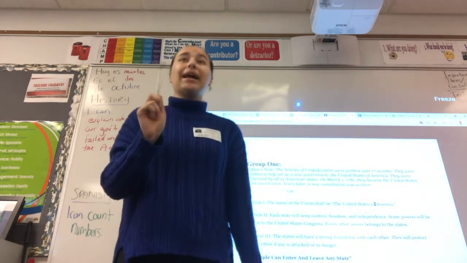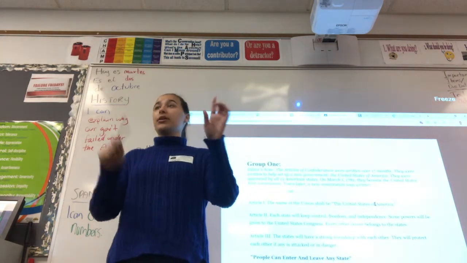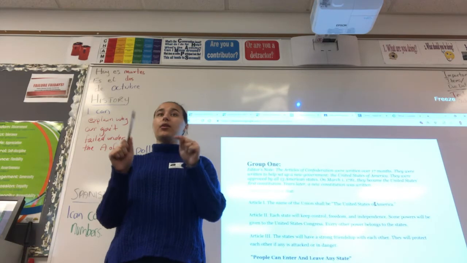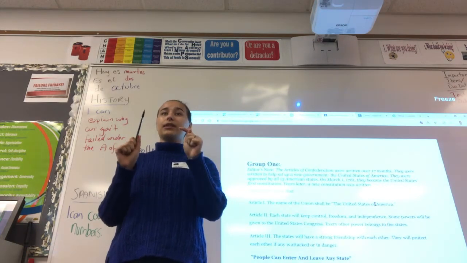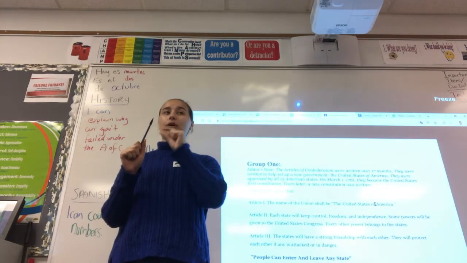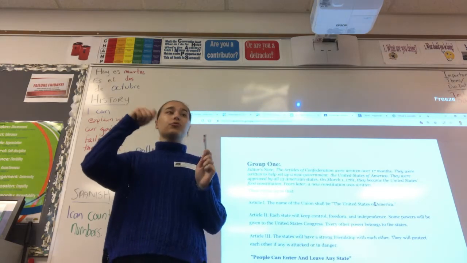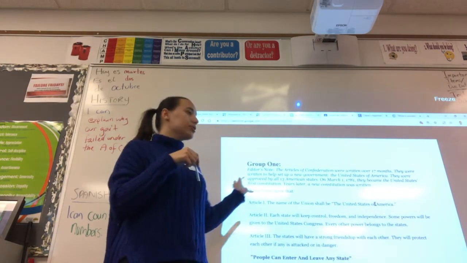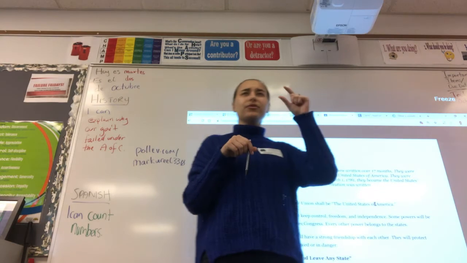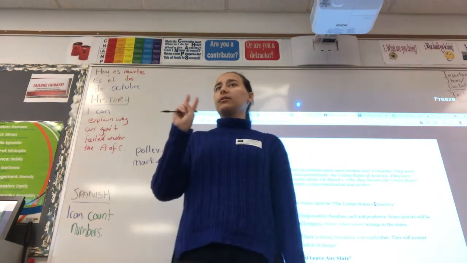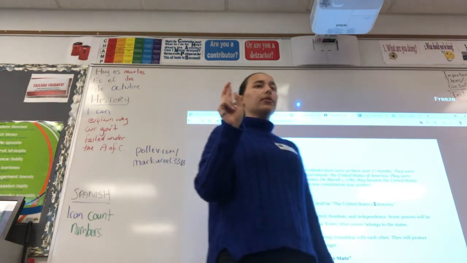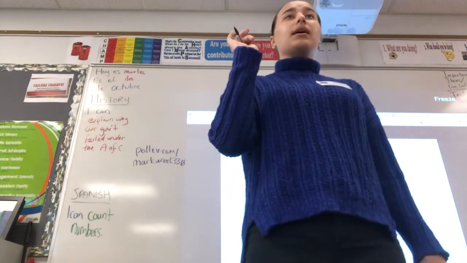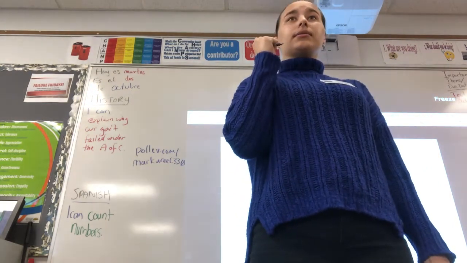So now we're going to look at the highlighted portions. Group 1, can you please share what you found out? Why do you think that those things that are highlighted are a problem? So everyone can scroll up to group 1 and look at their two highlighted bullet points, okay? So you can look at them. Go.